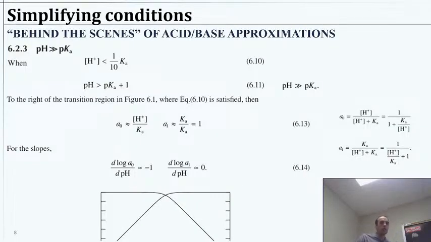So let's look at the simplifying scenarios when we are a little bit further away from that transition zone. So in this region or in this region. And this is kind of a bit of a closer look at what makes these acid-base approximations. So if we have a condition where the pH is much larger than pKa, that's over here, right? And this plot that I'm using on the bottom, that's generic, right? We don't know the pH there. The pH scale is arbitrary. So as long as the current pH is above the pKa, which we could write here,